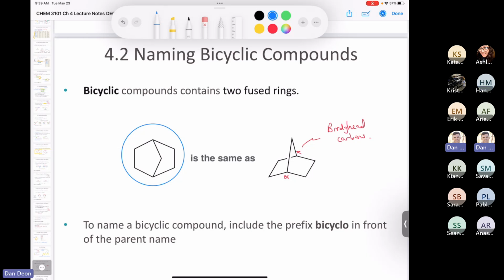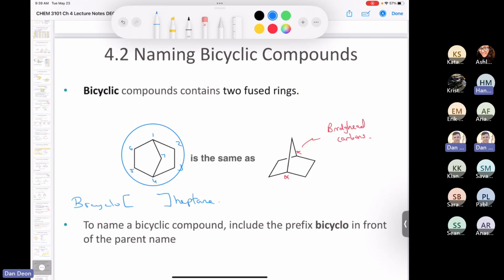There's 7, right? You have 1, 2, 3, 4, 5, 6, 7. So there's a total of 7 carbons. And so the way that you name these things, I'll just show you quickly before, and I do have the rules written down. What you do is you would call this some kind of bicyclo. You always start with that. You put an open square bracket and a closed square bracket. So bicyclo, there's 7 carbons, so it's a bicycloheptane.